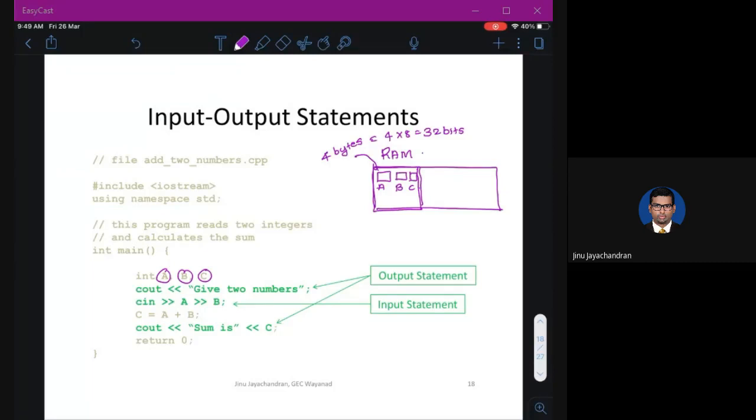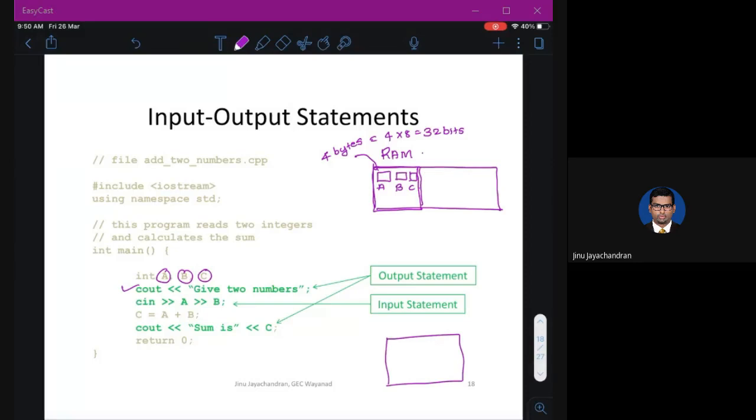Then the next question is, what number should you store? In this example, you are asking the user to enter a number to be stored inside the variables A, B, and C. So you do cout, give two numbers. I will show you the program running.